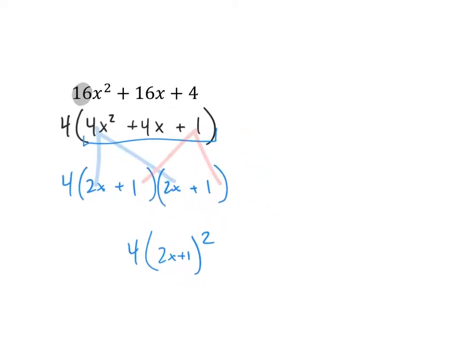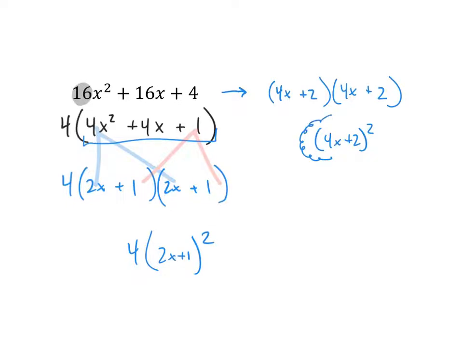Now, a question you might have is, Mr. Cottle, could I not have factored this original one because they're both perfect squares? Couldn't I have called this 4x plus 2 and another 4x plus 2 and said my answer is 4x plus 2 squared, like that? That is the same mathematical value. However,